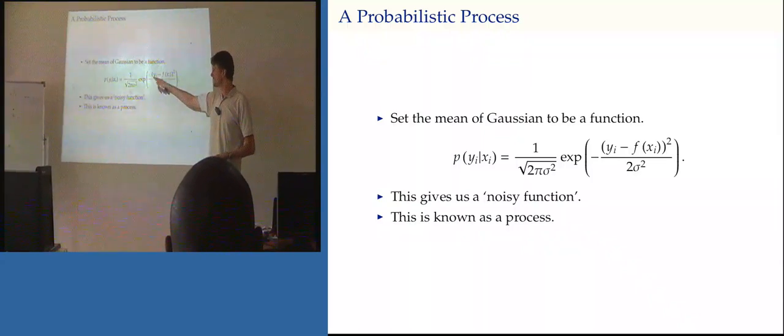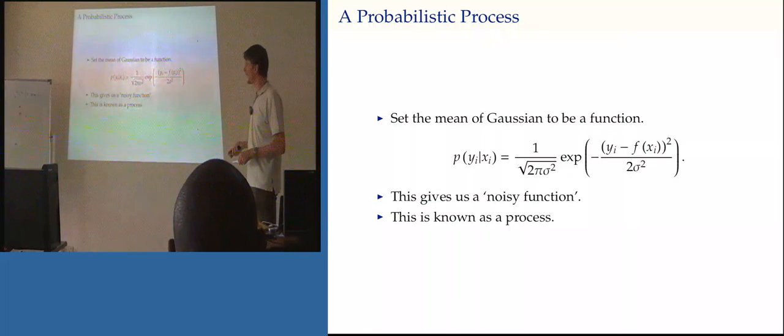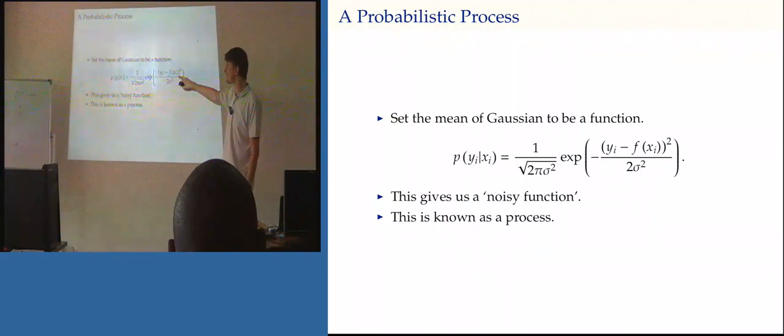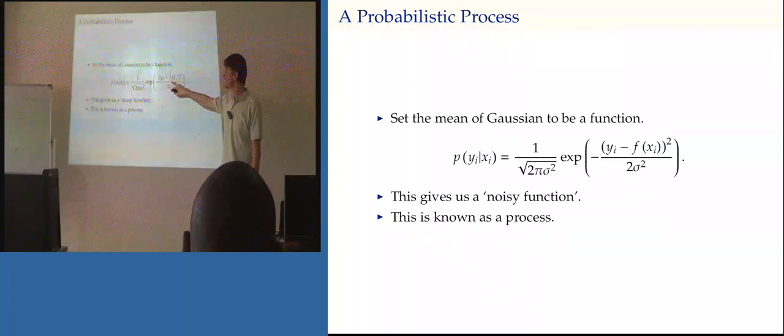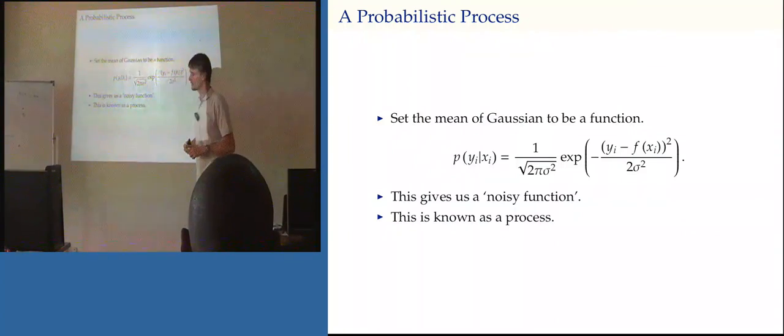So this is the likelihood, though. This is what we're saying about our data, that the mean of the Gaussian density is given by f of x. So instead of mu here, we have f of x, which is saying, in effect, that